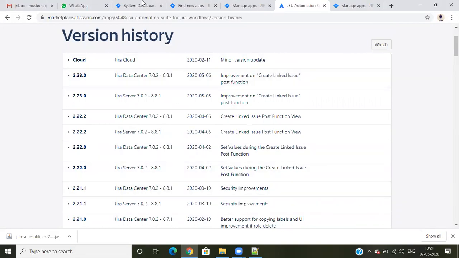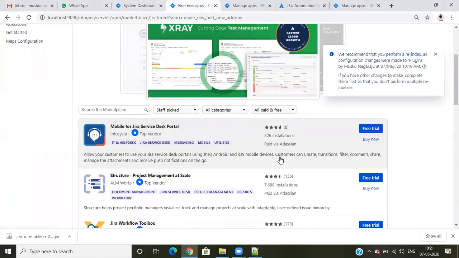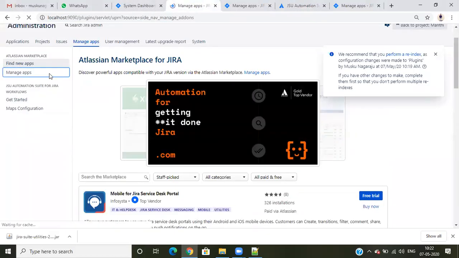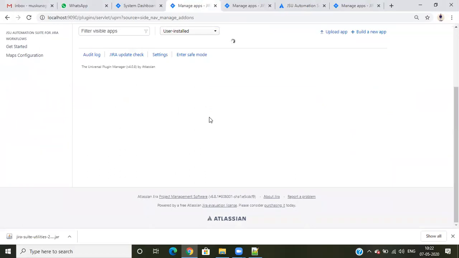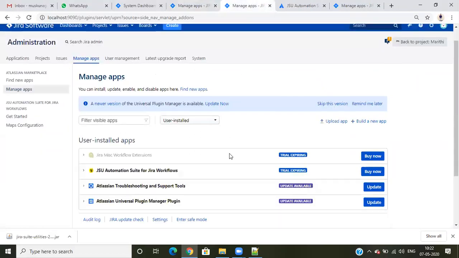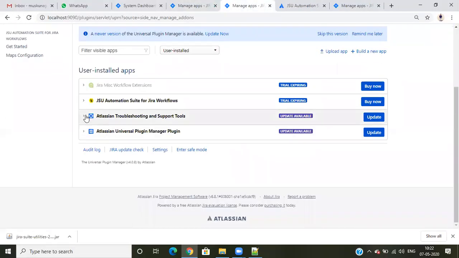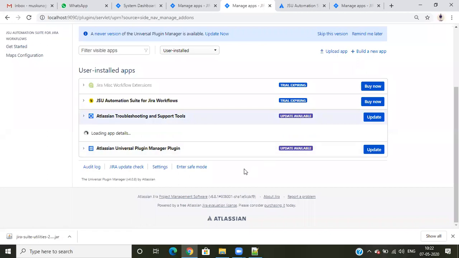But when I upgrade directly from here, we have this upgrade option. If you see Manage apps, we get options like update. If I click on this, the update option comes up here.